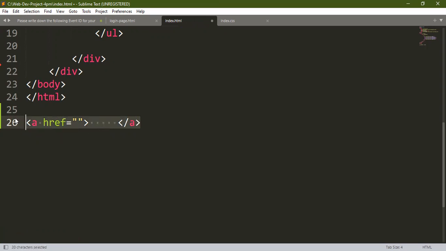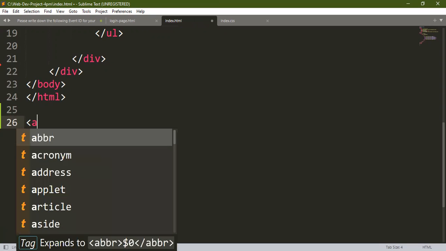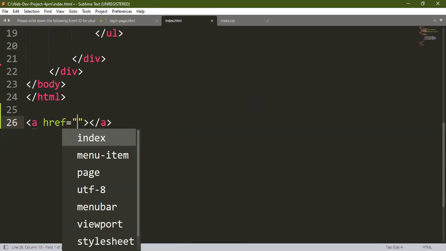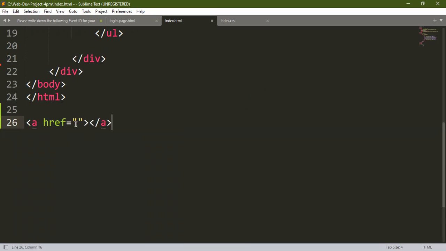See, if you take a tag like this and press tab key, it will automatically come like an href. Then here you can write the word. But inside this href, you need to write the address of that page. Now, what is the address of the page? You can directly write programming